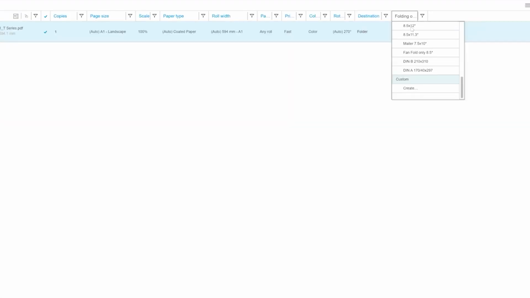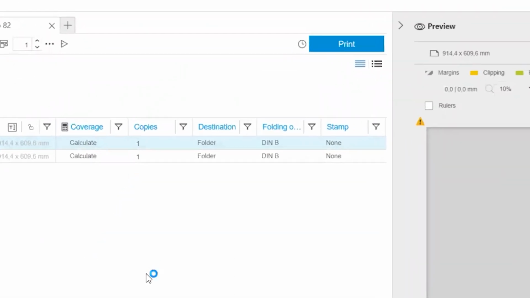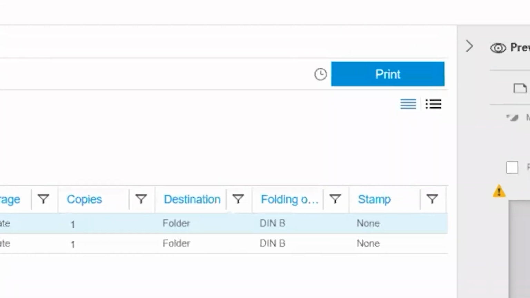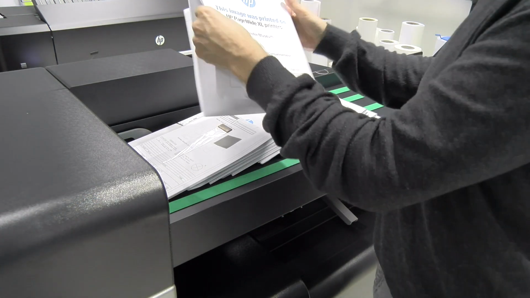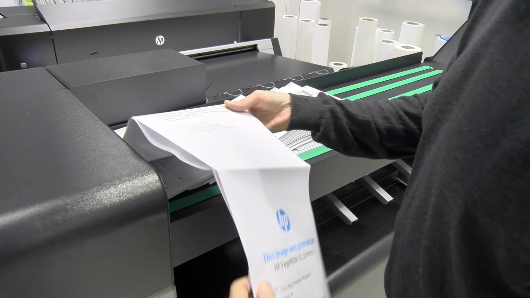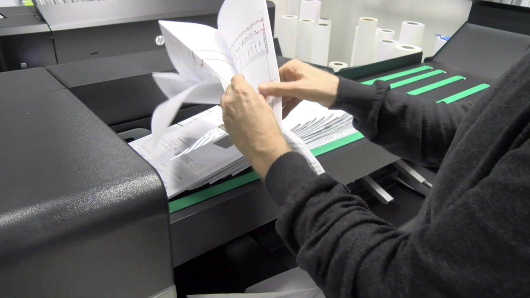If, for example, I need to consistently print the same plot with the same folding style with the title block on the front cover, I can, within SmartStream, create a custom configuration which streamlines my process. Once I've finished, I just need to click Print, and the plot will print out with the title block on the front page. And with this simple but effective feature, I can easily and quickly ensure the plot title block in fold documents is correctly located using HP SmartStream.